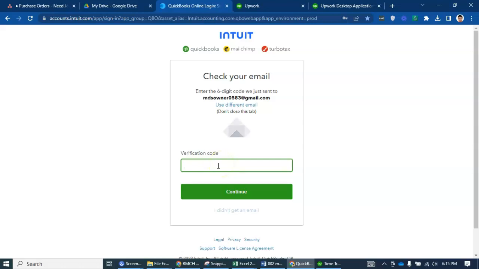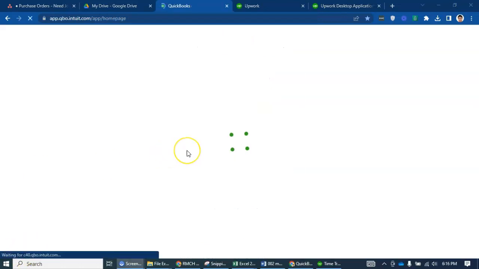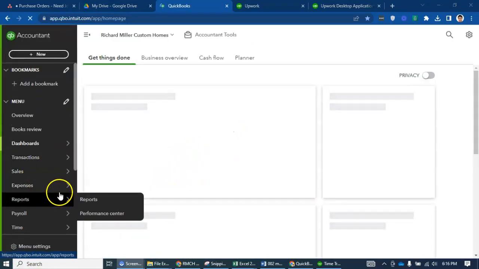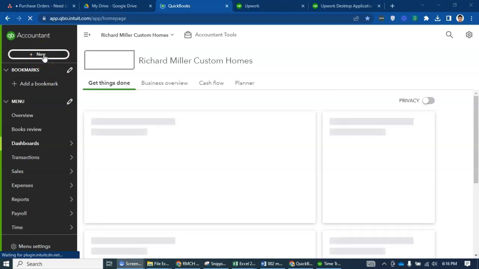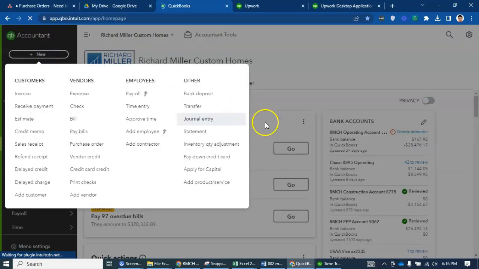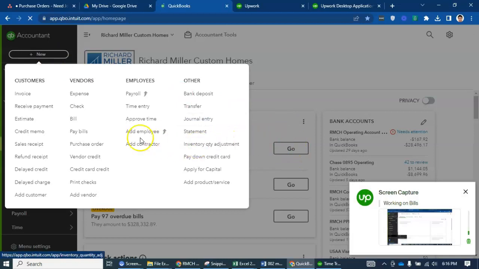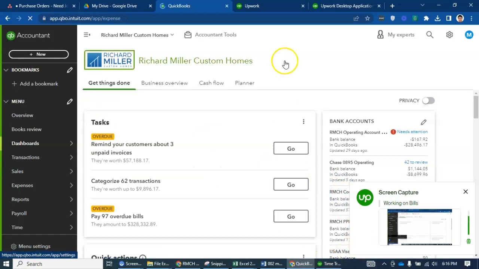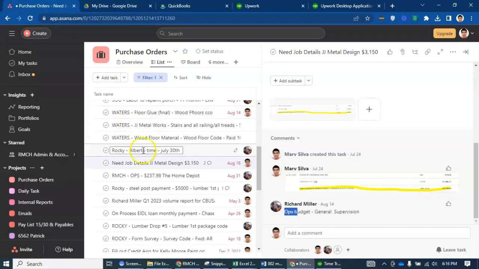So in here, this is how we are going to record the supervision. There is an expense, paid by, for details, JJ Design Method, but this is general supervision.